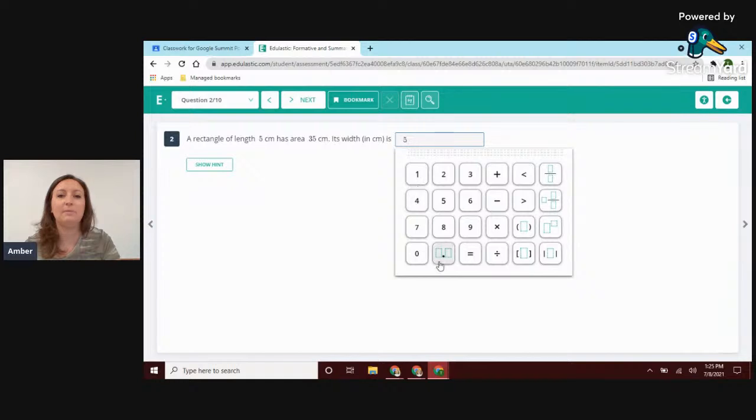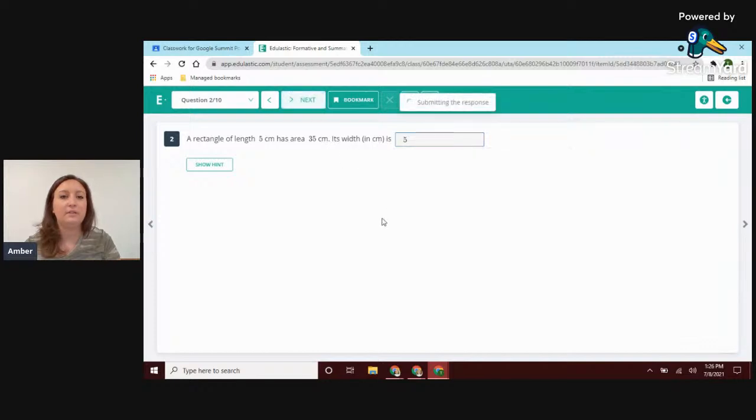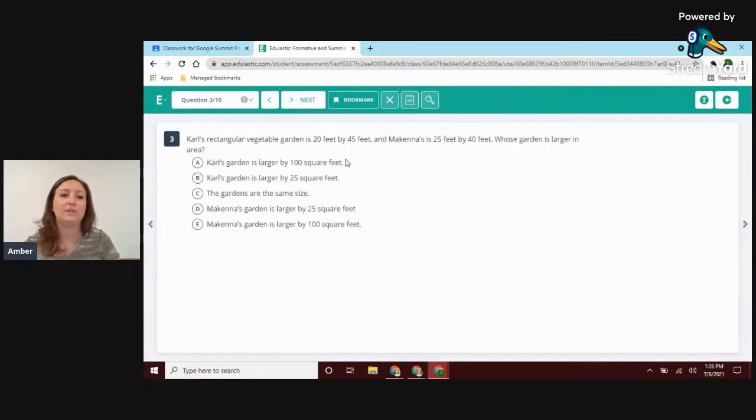Notice when you start typing, this window pops up. You can do fractions, mixed fractions. You can do exponents, brackets and parentheses. You can do decimal places, as well as the creation of equations here, less than, equal to. So there's a lot of different things in here for students to be able to do, even with just the